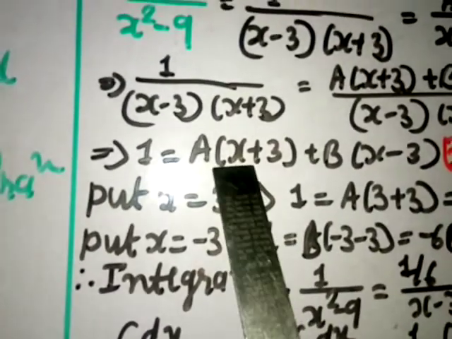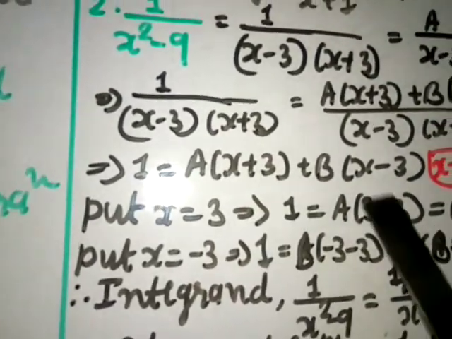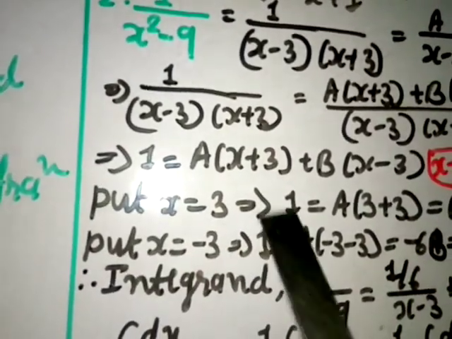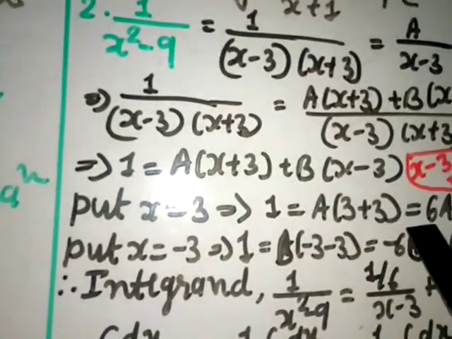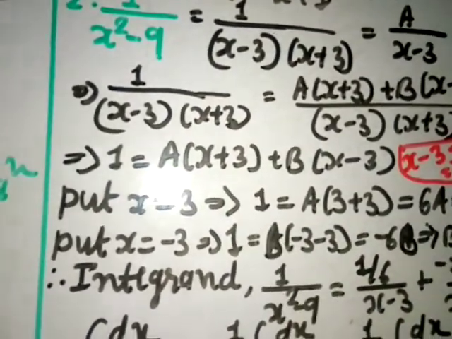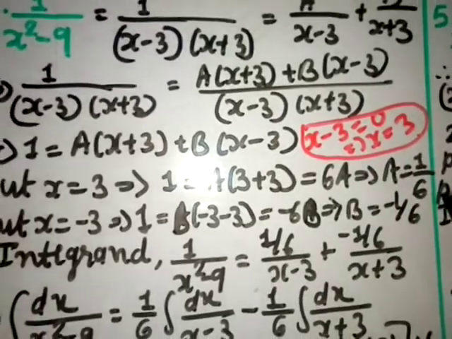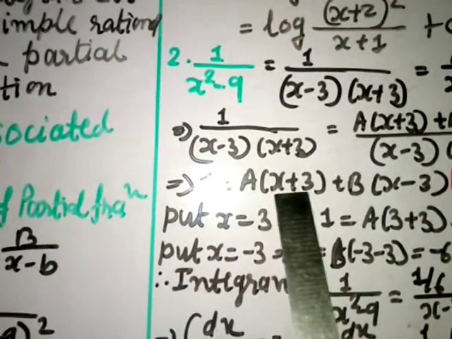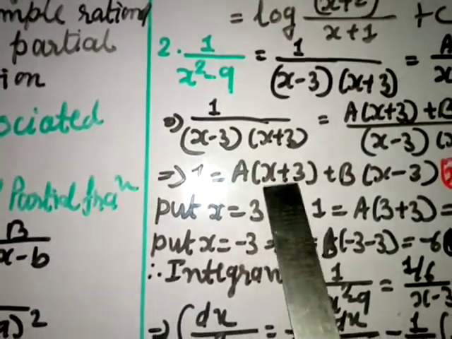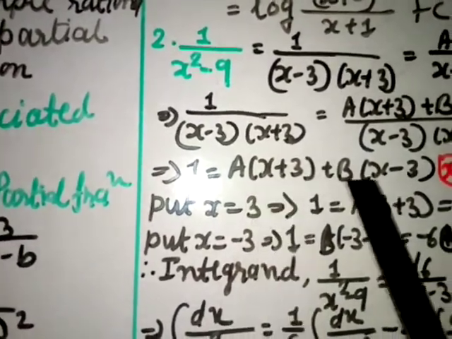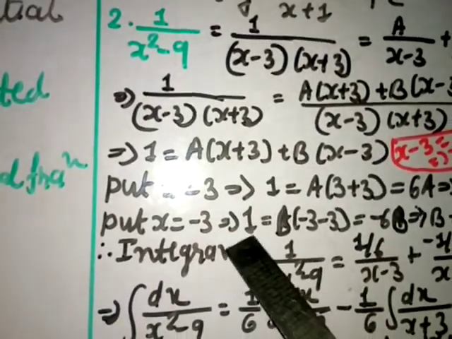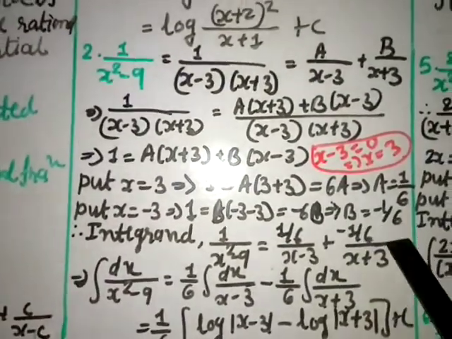0 of this I am putting first. So I put here 3. So 3 plus 3, 6. Okay, and 3 minus 3, 0. So this part cancels. Here no x, so I don't have to put. So here 1 equal to a times (3 plus 3), that is 6a, and 6 you transfer here, it will give you 1 by 6. Okay, so a value is 1 by 6. Then put x equal to minus 3. Why minus 3? 0 of this. So if you equate with 0, it will give x value minus 3. So when I put minus 3, this will cancel. Okay, and I put minus 3 here. Here there is no x, so no need to put. So 1 is equal to b times minus 3, which gives you minus 6b. Minus 6b you transfer here, so you get b value as minus 1 by 6.